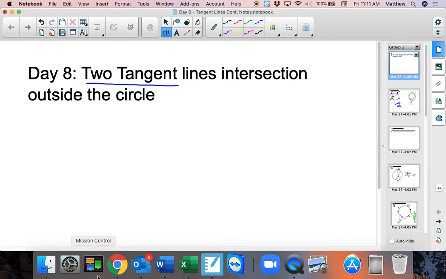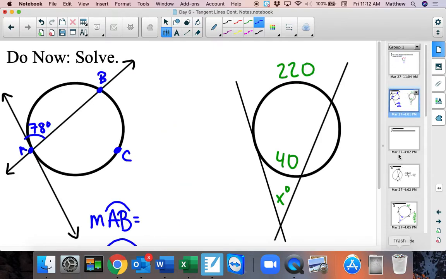sometimes outside the circle. But today, the general view will be something like this and this, almost looking like an ice cream cone, where we have an arc measure up here, an arc measure here, complete that a little bit, and then we have some kind of angle down here that we're trying to solve for. So just as a quick review, if we were to look at this one on the